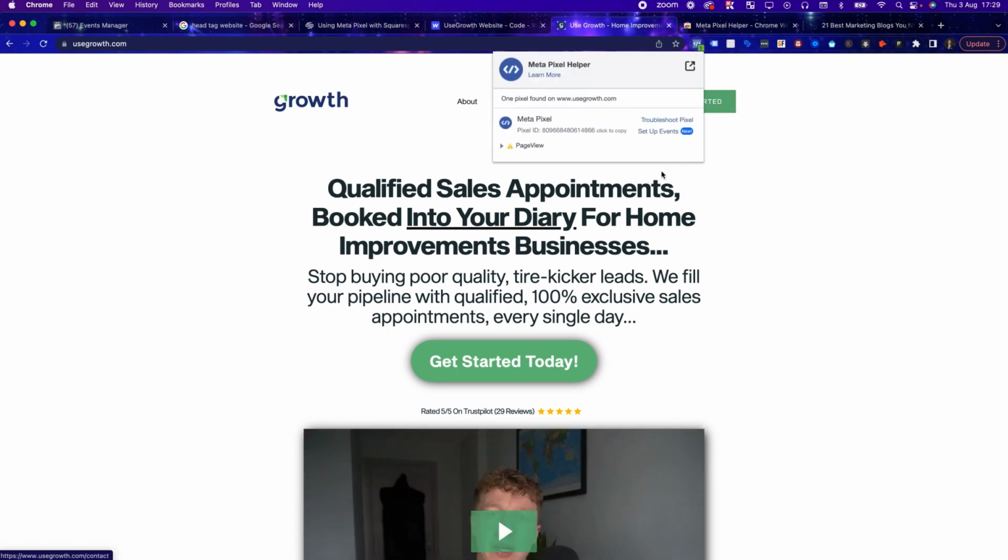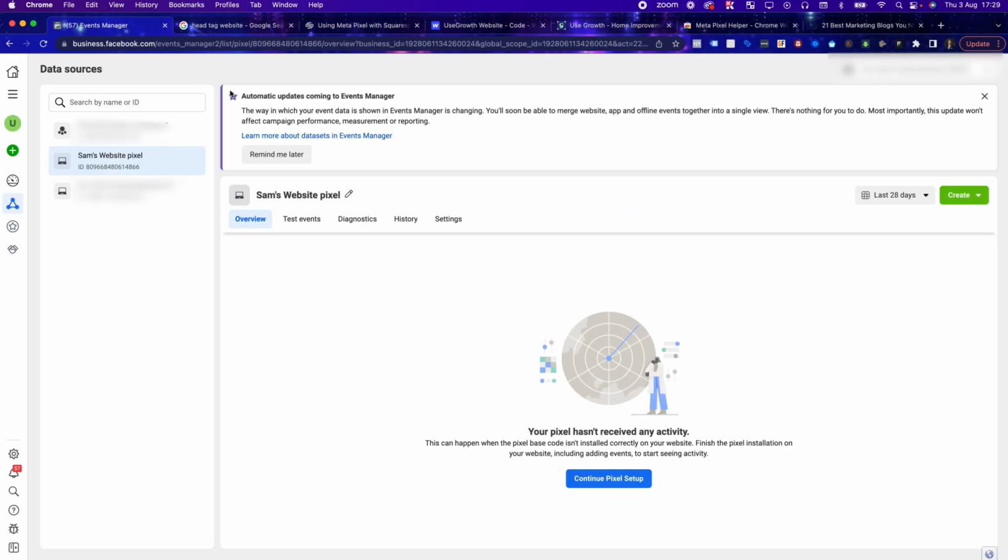There we go. Straight away, we can see that our pixel is in here, and we can check 809 is the starting numbers and 866 are the ending numbers. Let's go in here. We can see 809, 866. So we have successfully added the pixel. So if we go to refresh,